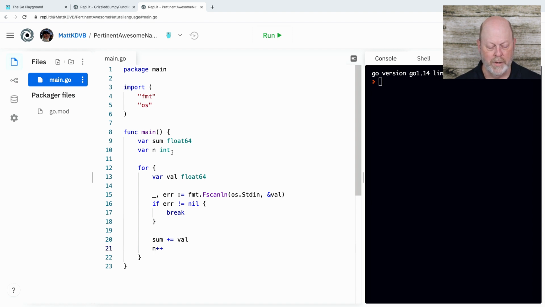Okay, so what I'm doing here is I've got my accumulator. I've got the count of numbers I'm going to add up. I've got a place to put a value that I read in from the command line, so I'm going to read it. And if nothing went wrong, I'm going to sum it up. And so what I need to finally do at the bottom,